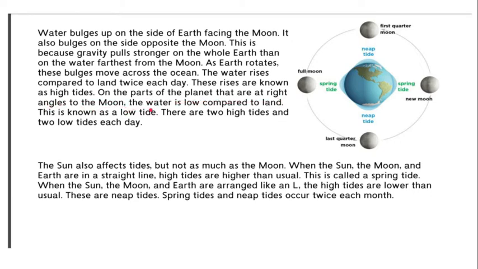This is known as a low tide. There are 2 high tides and 2 low tides each day. Okay, so here you can see in the diagram. And so we know that the moon has an effect on Earth's tides, but does the sun also affect the